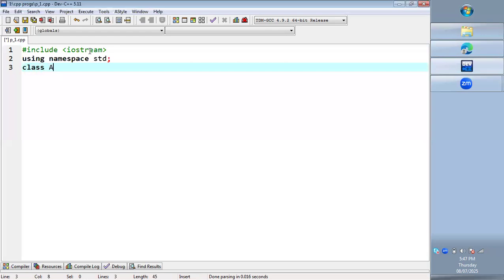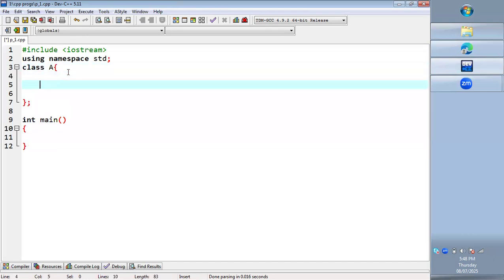So class I'm creating as A. So here I have created a class by name A, and after the class, I will be taking the main function. So constructor will have same name as class name. So I will be taking the constructor name as A, as it should have same name as class name, and